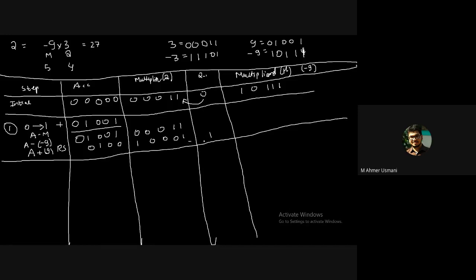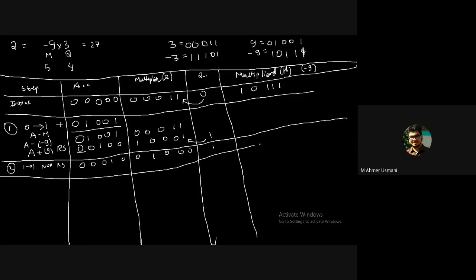Now the transition is happening between 1 to 1. So since there is a transition between 1 to 1, there is no operation. You don't perform any operation. But after every step, you perform right shift. Okay, and yeah, the MSB is retained, so we retain 0 over here. Perform the right shift, so we get 0, 0, 1, 0, 0. This 0 will come over here. Then we have 1, 0, 0. This 1 will come over here. Okay, we get the vacant place and we retain the MSB.